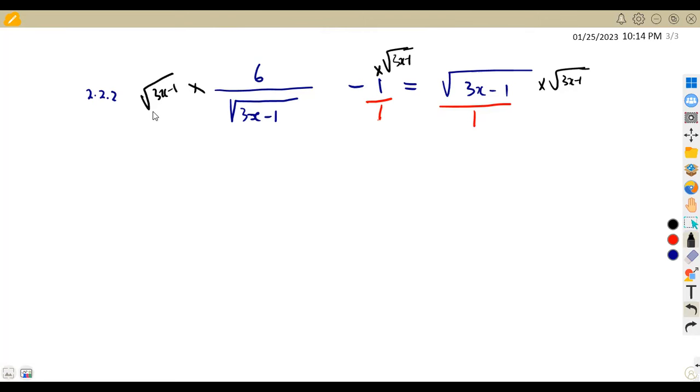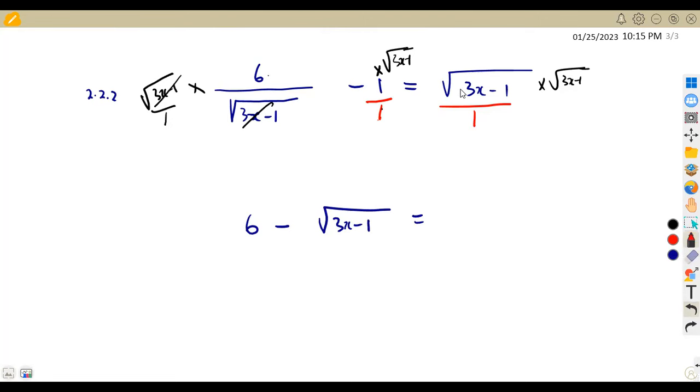So by multiplying, this is the same as over 1. As you can see, this is going to cancel. You remain with 6 minus 1 into 1, that is a 1, then times the square root of 3x minus 1, sorry. All right, let's do this here. So this is the square root of 3x minus 1, which is equivalent to, what are we going to have